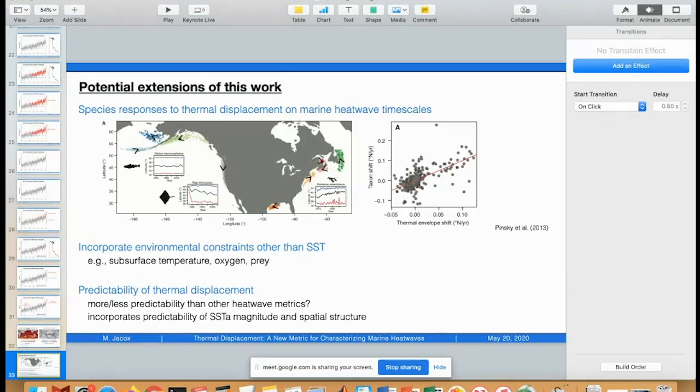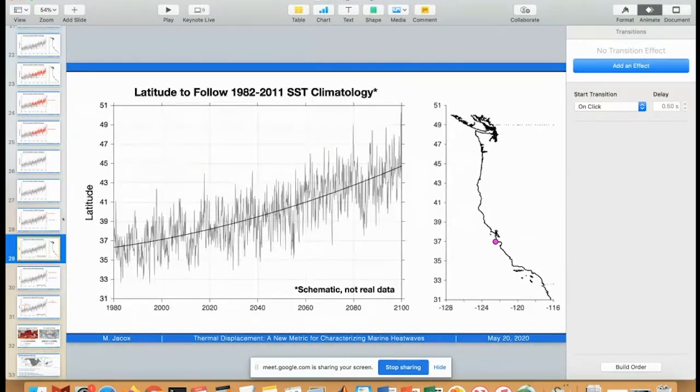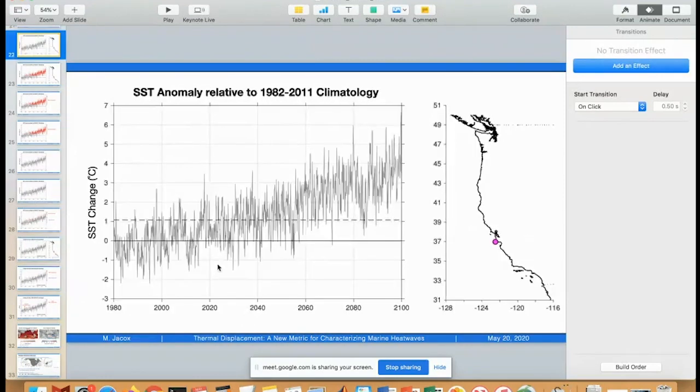Yeah, I had a question about the climatology, because those plots you're showing with the trend, is that just for one region? I can't remember what region that was for. Yeah, that's just one location off the California coast. Right. To be clear, I don't have an answer for what I'm going to ask, but